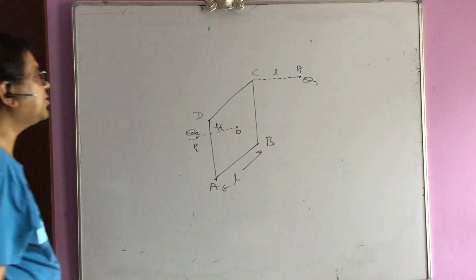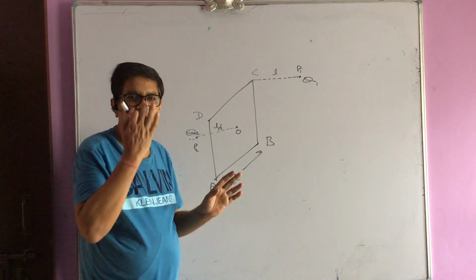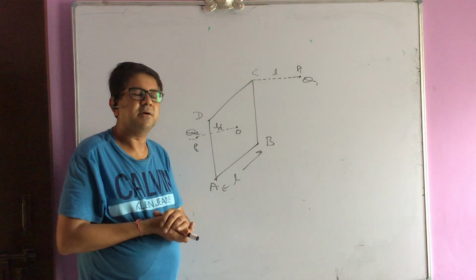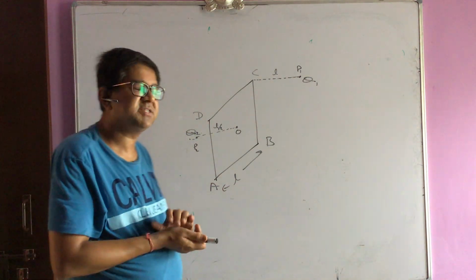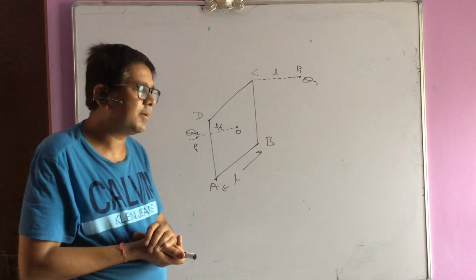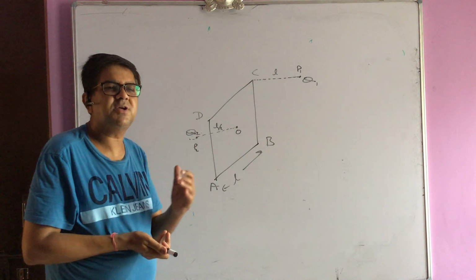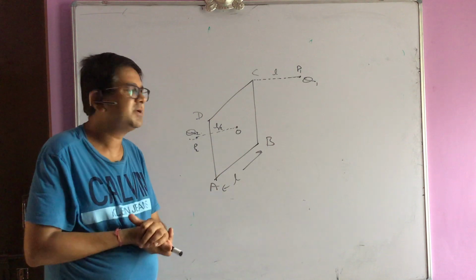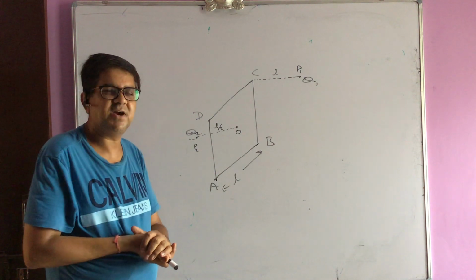Now I am going to see another aspect of calculation of flux, which is the combination of known results. Combination of known results means we are given a surface, and in the surrounding of that surface, two or more than two point charges are placed. Individually, I know how to calculate the flux through the given point charge.